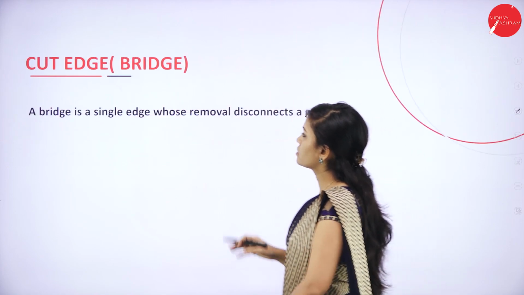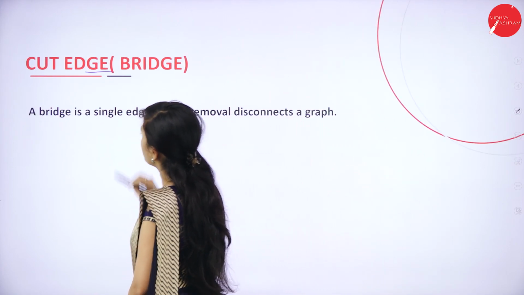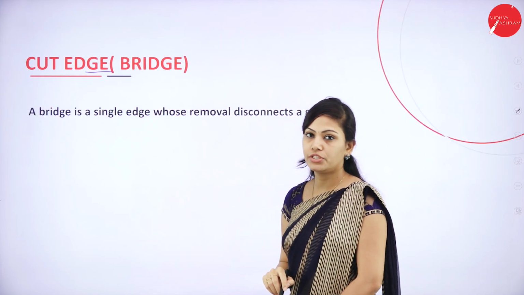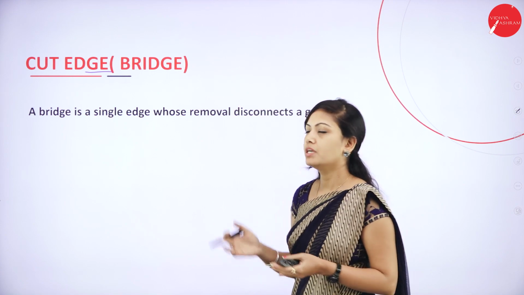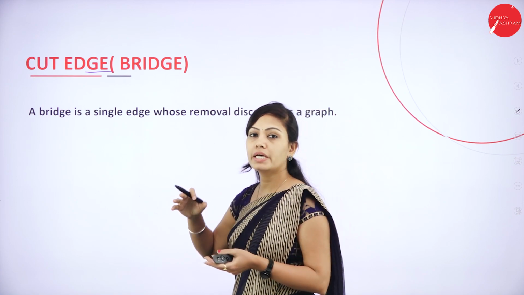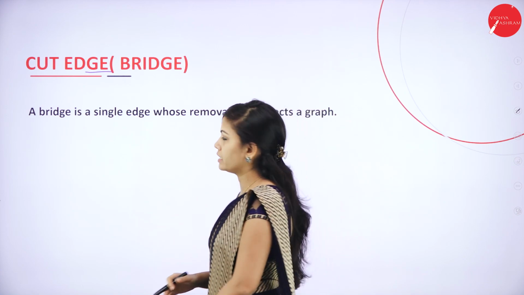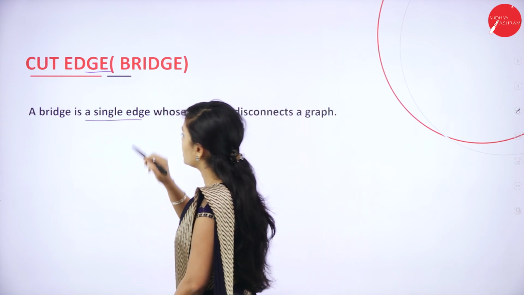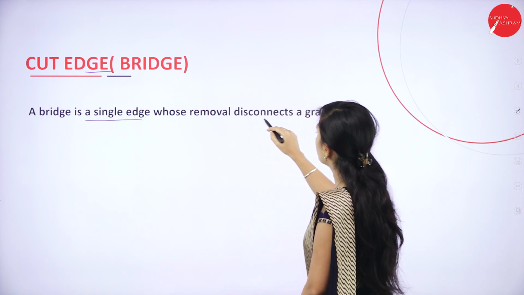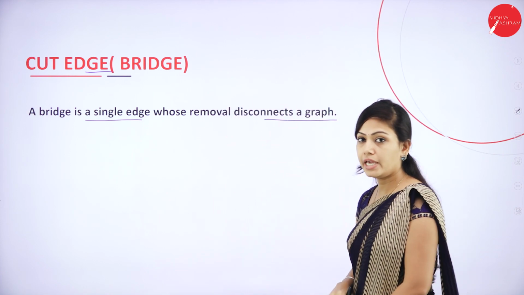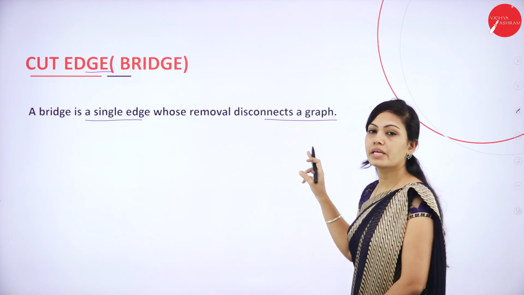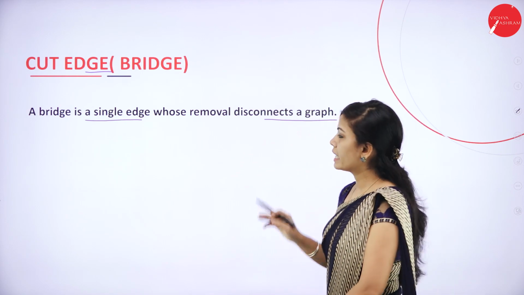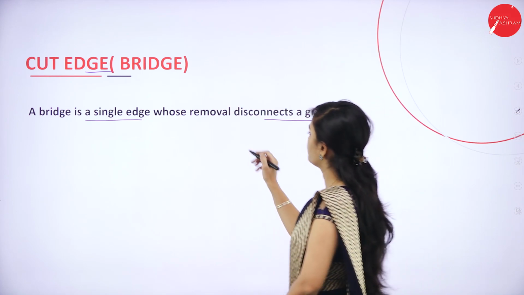Clear? So the next one is cut edge. Cut edge is also known as bridge. If you are removing the bridge, what will happen? If you are removing the edge, the graph will be disconnected. A bridge is a single edge whose removal disconnects a graph. Again, here also the cut edge removal disconnects a graph. Clear? Example for cut edge: